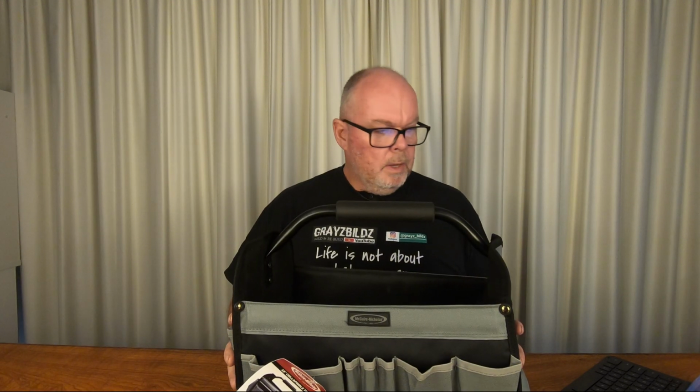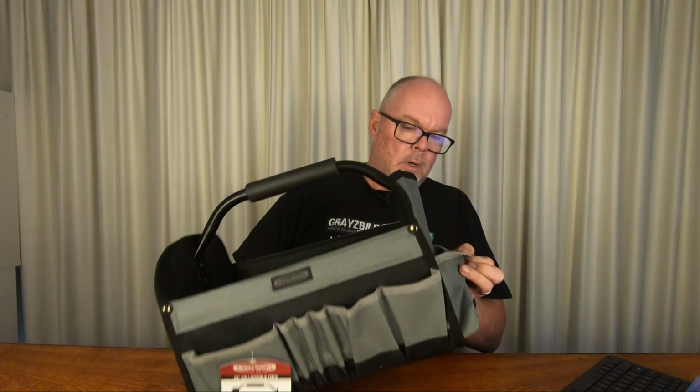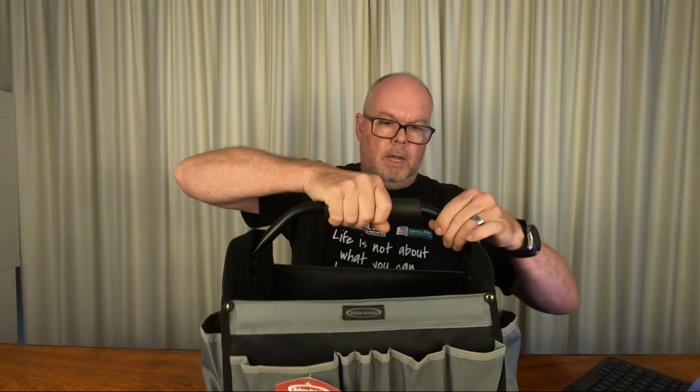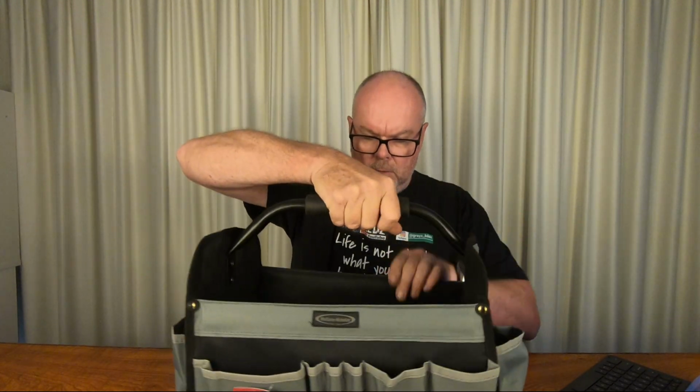All right, this week we have another Amazon tool. And this one's a pretty basic one. It is a tool bag, collapsible tote, I guess you'd call it, with many pockets, really nice aluminium and padded handle. I found myself wanting to have an electrician's bag, being that I am an electrician of sorts, and given